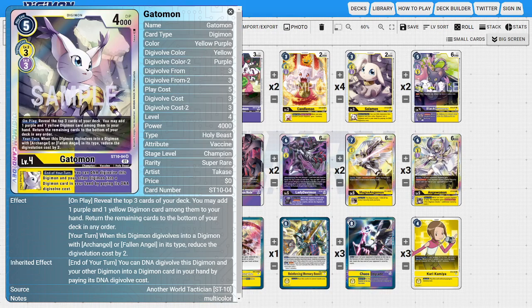And then the last champion of the deck is going to be 4 copies of Gatomon. So this is the starter deck version of Gatomon, and this Gatomon allows us to have multiple different ways on how to play her. So we could Digivolve on top of a purple or a yellow level 3 for only 3, which is a little bit more expensive compared to something like Wizardmon, which we just saw,